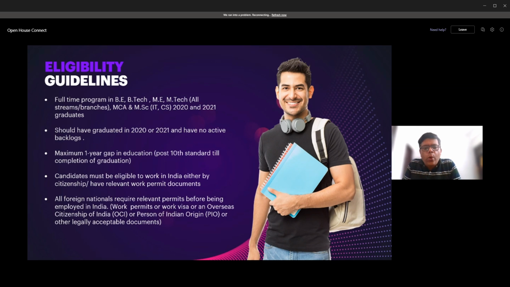So maximum 1 year gap in the education, whatever is your highest education, starting from 10th till your highest qualification, your maximum 1 year gap is eligible. More than 1 year makes you ineligible for it. Candidates must be a citizen of India and eligible to work in India, and you must contain all the identity